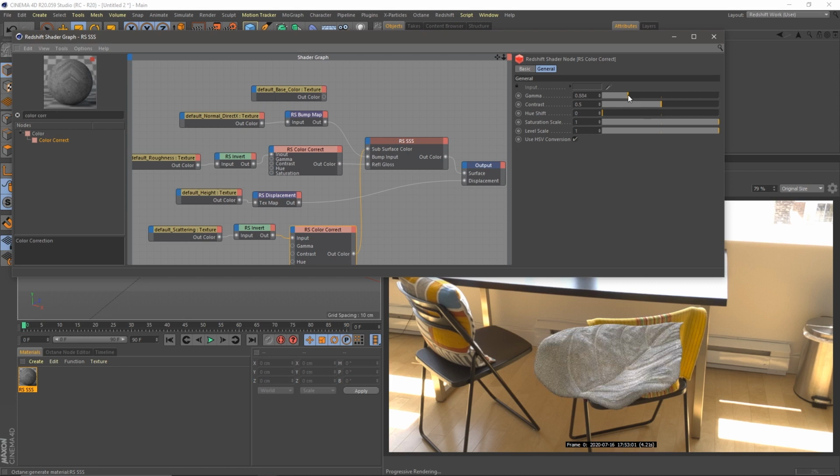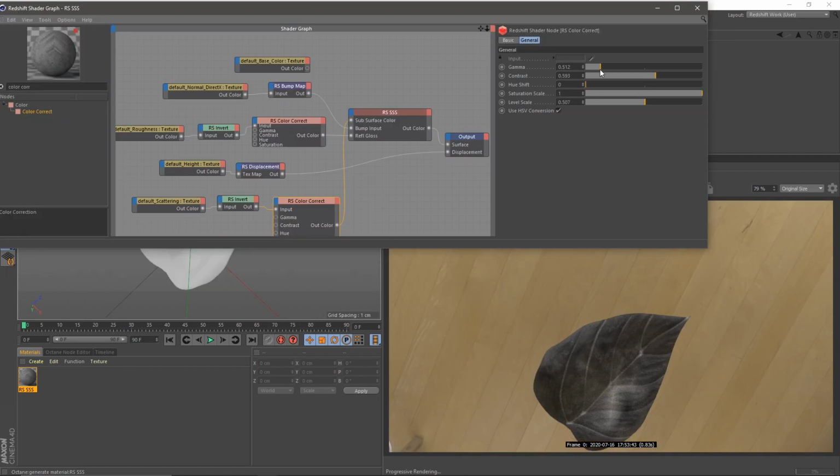In the properties, I'm going to bring down the gamma, increase the contrast, and as I increase the gamma and the contrast and adjust these parameters, you can see where it is white